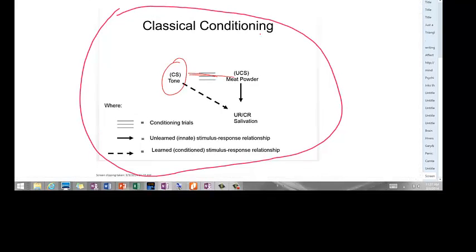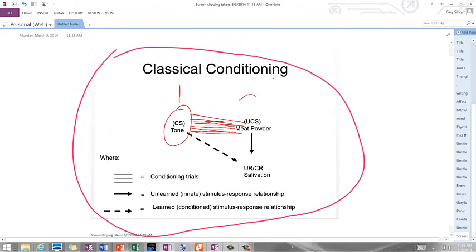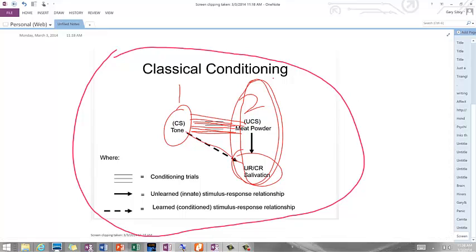But if a tone is paired with meat powder, so the tone comes first and the meat powder immediately follows it, then the brain will make a link between the tone and the salivation itself, because these two inevitably go together.